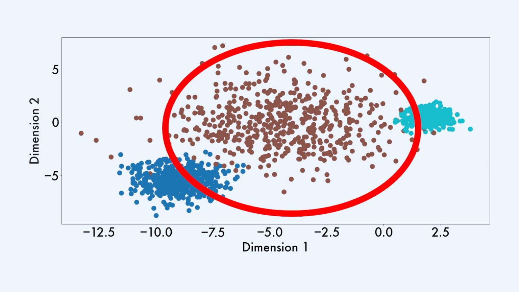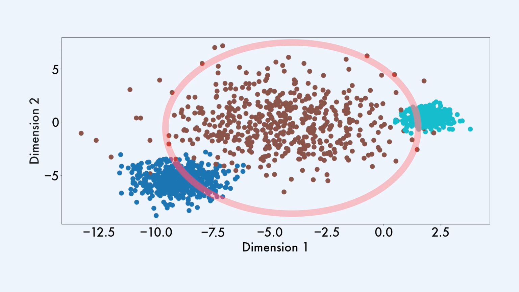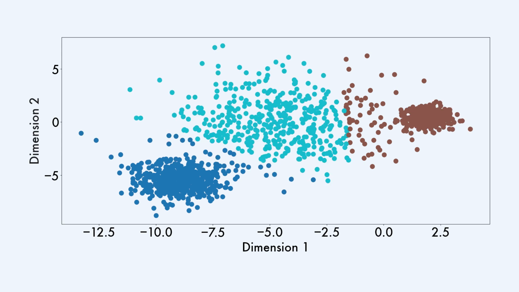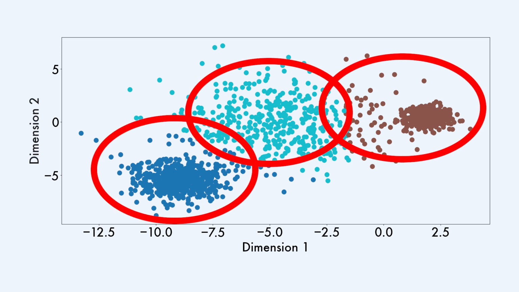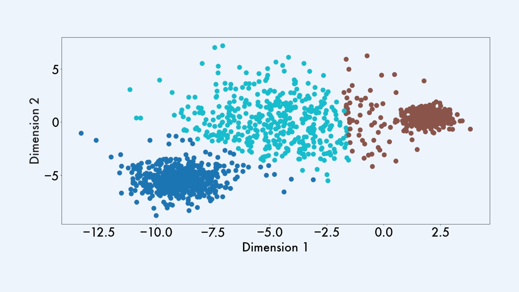The brown cluster has the same number of points within the cluster, but they are more spread than in the other clusters. The variance, the dispersion, is larger in the brown middle cluster. The results of K-means clustering in this scenario are not particularly good. Part of the points of the middle cluster go into the edge clusters. The algorithm tries to fit spherical clusters of the same size, which does not help finding the right clusters in